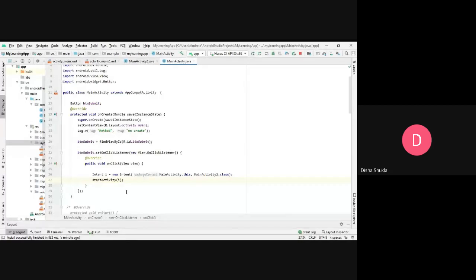Besides that, if you want to open a web view, or if you want to open a camera app, or you want to open the contacts that are stored in your phone, you can use the intent, and those intents are called implicit intents. In it you are supposed to provide the URI of the place that you want to go in, whether it is contacts or the gallery or anything. So this is an important question with reference to the interviews that you will be facing. So keep that in mind. Okay, if you have any question, you can ask, or else we will end it right now.